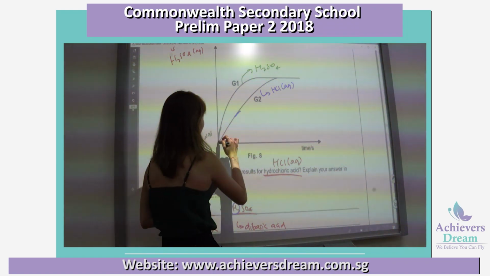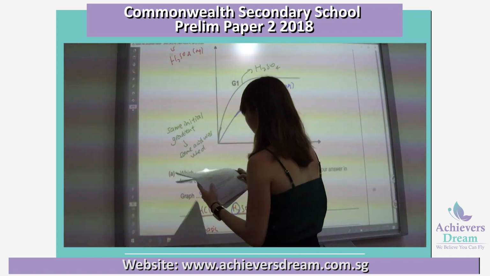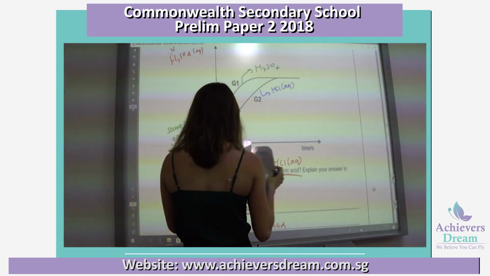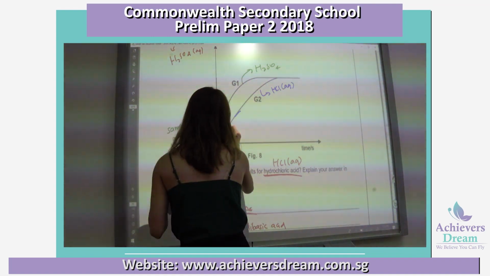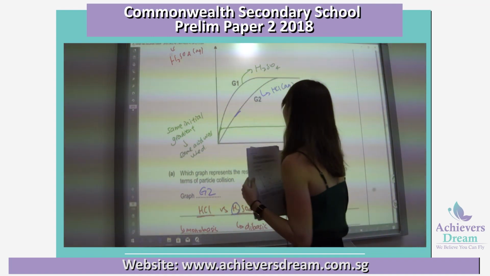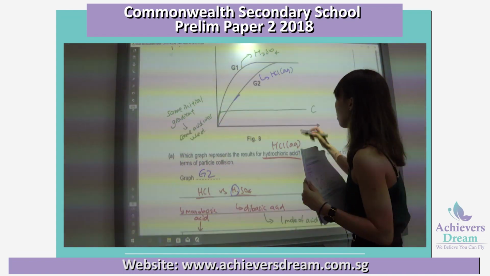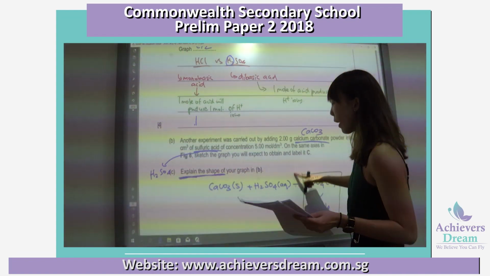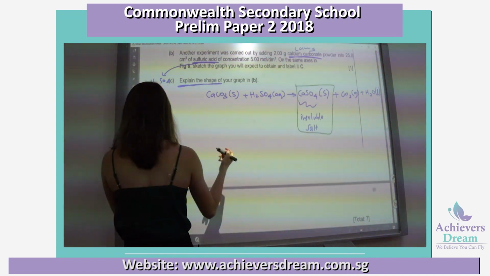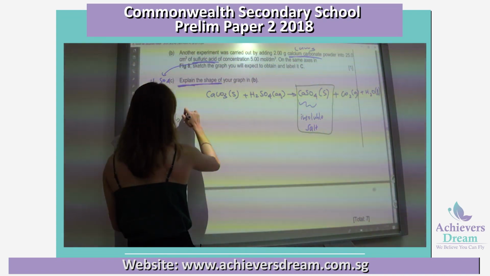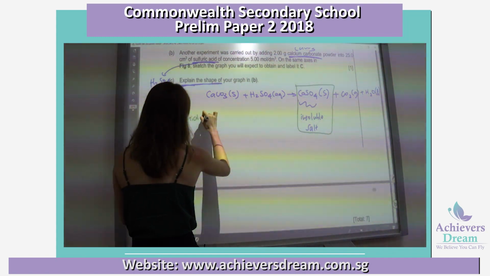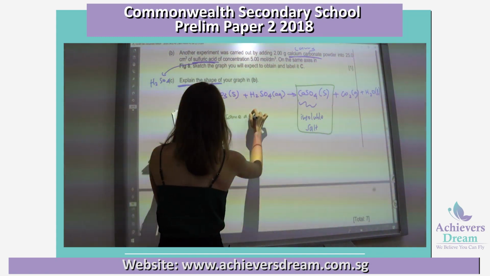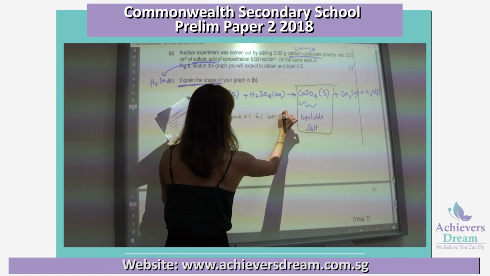So same initial gradient, and then it will come to a stop. So this is graph C, calcium carbonate. Now why? I'm going to explain the first part. The initial speed is the same as G1 because the same acid